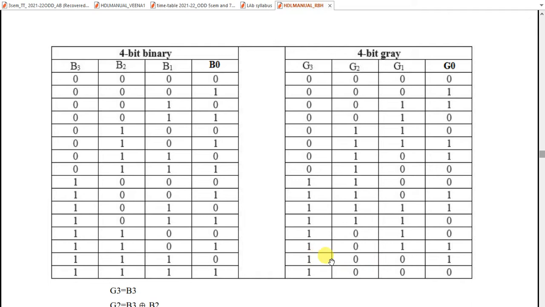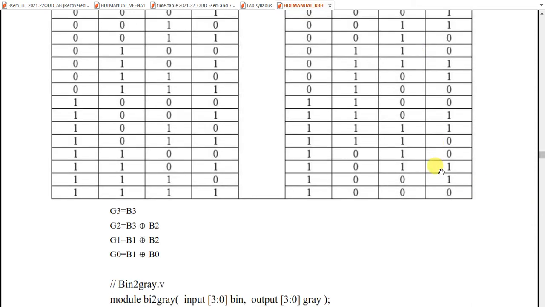I will go to the last one, 1100 to this. Okay, 1 remains 1 only, 0 remains 0 only, 0 remains 0, 1 is changing to 0. Similarly, from this state, last state to first state, 0 remains 0, 0 remains 0, 0 remains 0. This one is going to change to 0. So I can connect this last state back into the first state so that one circle will come. So that's why it's also called cyclic code.